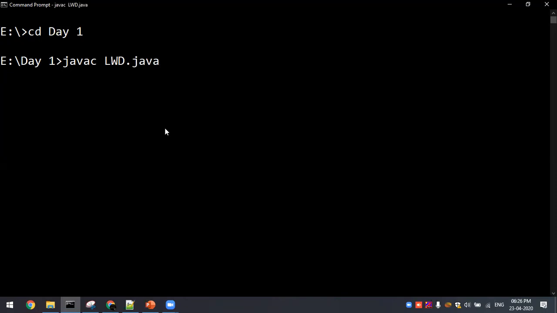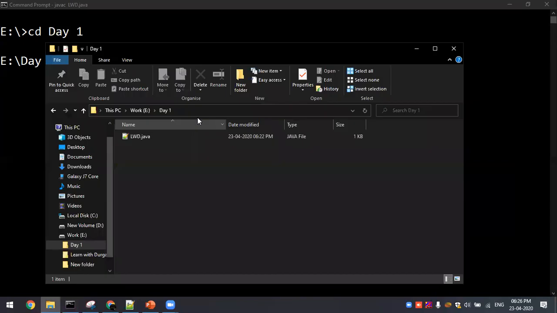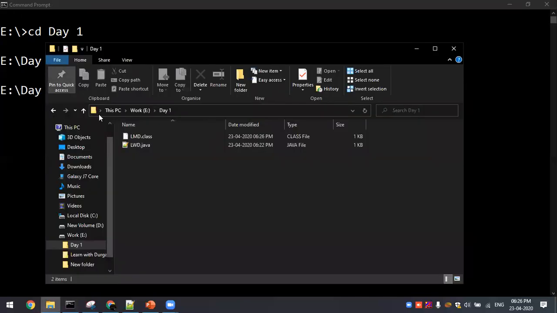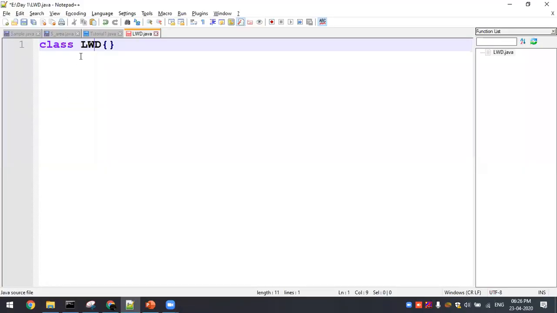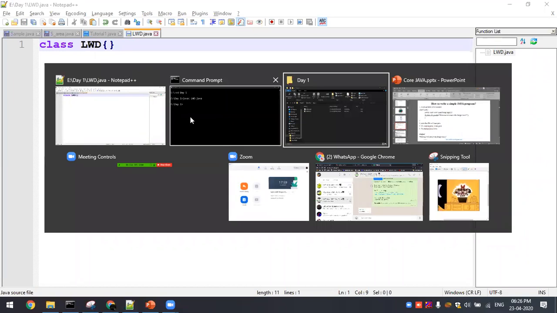So after giving this line, after completion of the execution, you will get the command prompt again. After this, it generates an lmd.class. I didn't save that class name; it is the lwd class. Let me delete the previous one, or we'll take it as a remaining one.